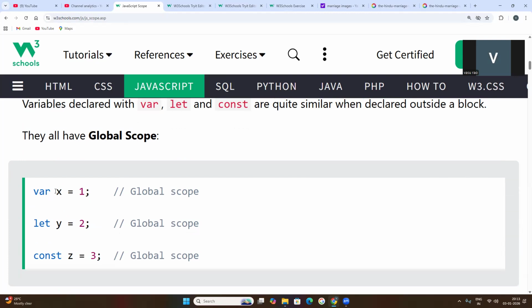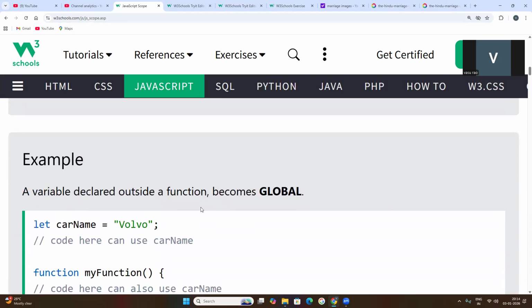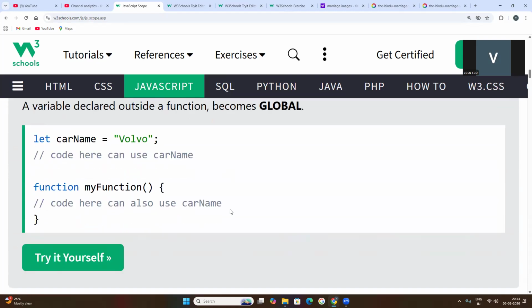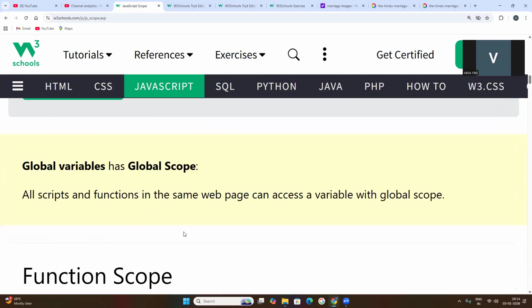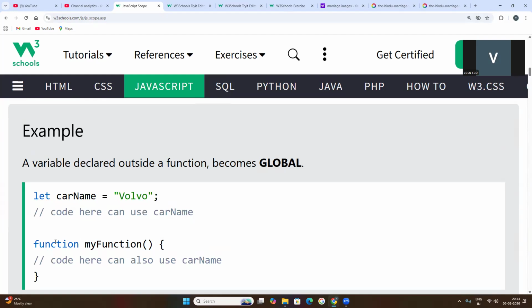If you create variables using var, let, or const outside of a function, they have global scope. So let us see, try to understand what happens.